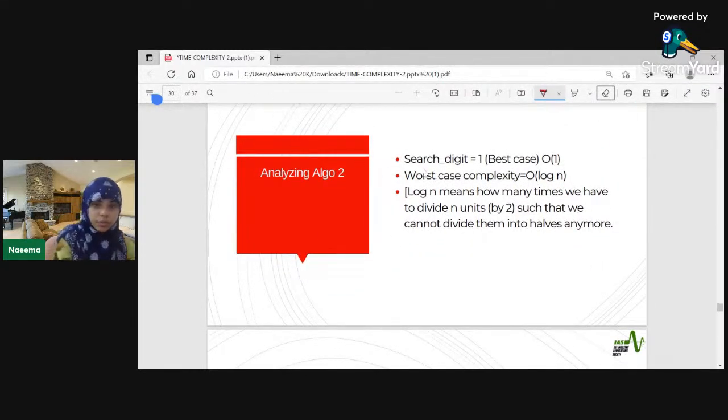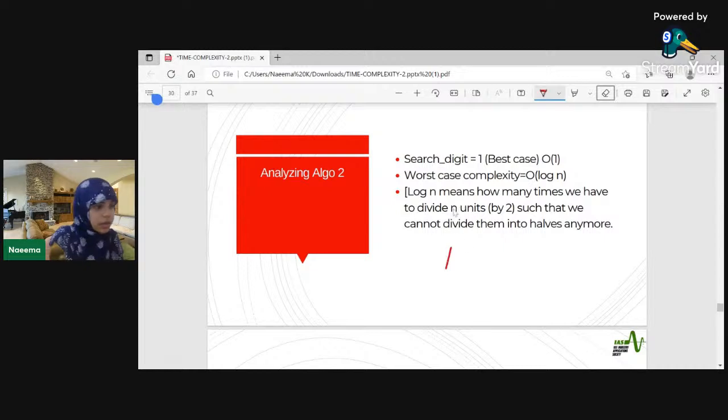Let's analyze algo 2. What would be the best case? The best case would again be when the search digit is 1, that is the very first element of the array. Because again, no matter what the size of the array is, what the size of the input is, the time taken is going to remain constant because there's only one comparison to be made and the answer is found. The worst case would be having a random element